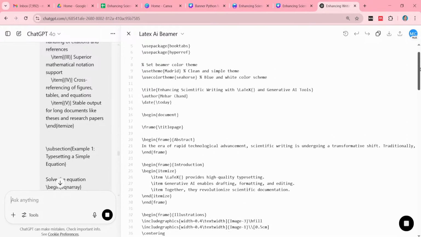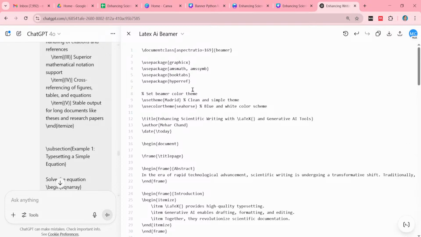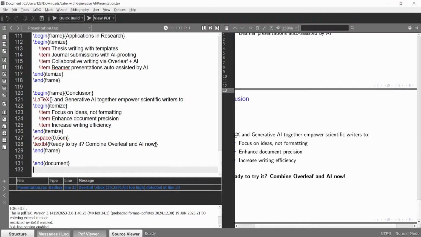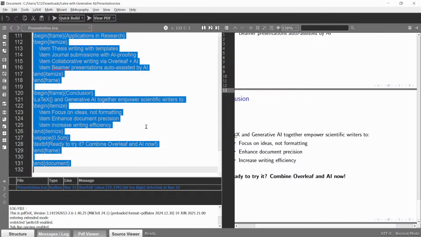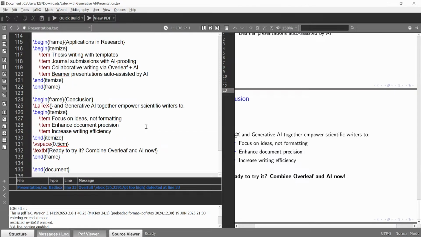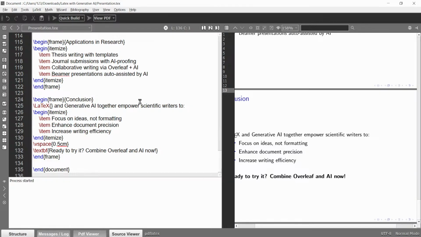Now copy from this place, and this is the format which uses the theme. This is a theme, clean and simple. Okay. Madrid. So there are several themes. When you cover our course, which is freely available for you, and you can recommend it to other people. Okay, see now the difference in this presentation.